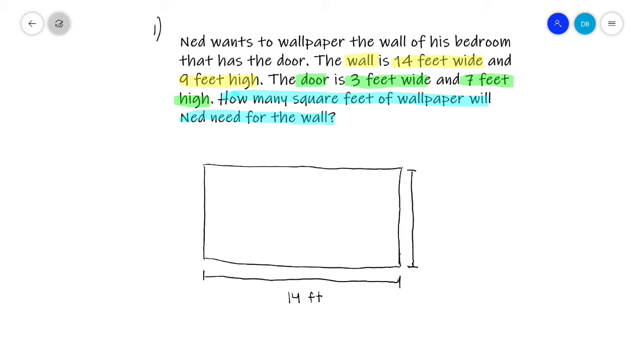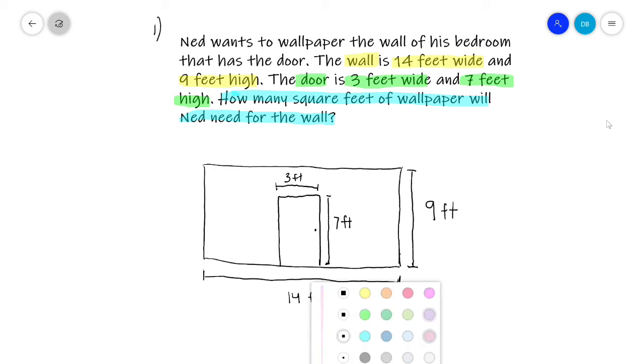Or no, 9 feet high. Pardon me, got to get that right off the beginning, Mr. Beck. 9 feet high. Okay, and now in the middle we have a door. Here's our door, and our door is 3 feet wide by 7 feet high. Okay. And remember, all the stuff that I highlight in, let's pick a light pink,